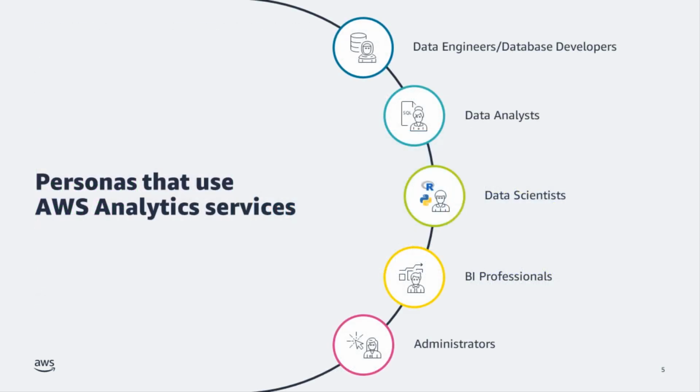There are many personas across the organization that use AWS Analytics. There's the data scientists in the case of Magellan, but also developers, data analysts, BI analysts, business intelligence analysts. You use it for their reports to forecast things like profits, revenue, costs.